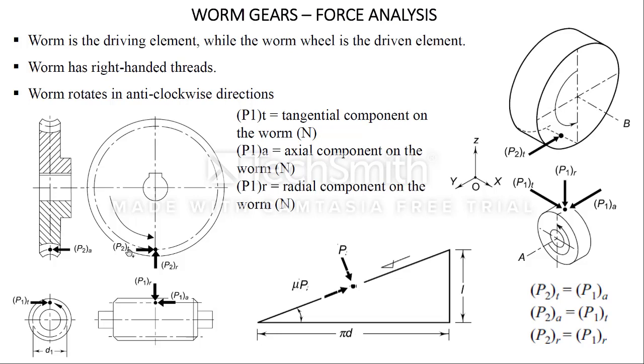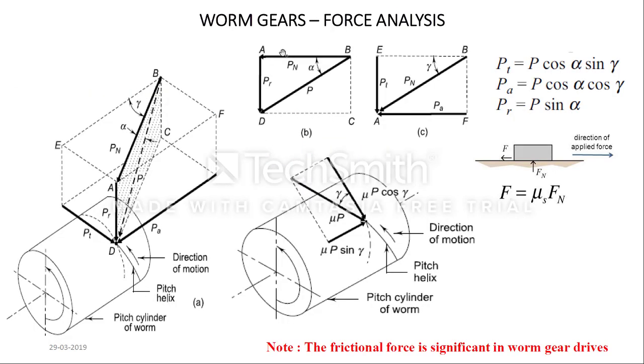Okay, so the next analysis is this: after combining all three forces PA, PR and PT, you will get the resultant P, which is in three-dimensional space. This resultant force P makes an angle alpha with the horizontal plane, and this alpha is the pressure angle. At the same time, if you consider the horizontal plane A, F, B, E, there is one